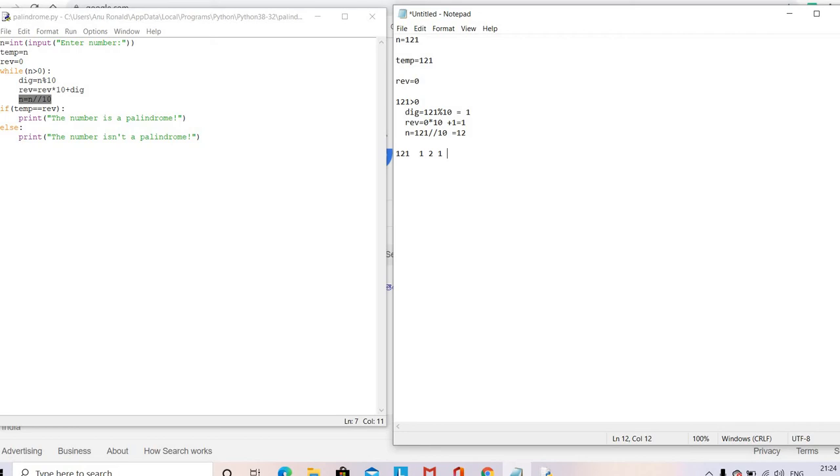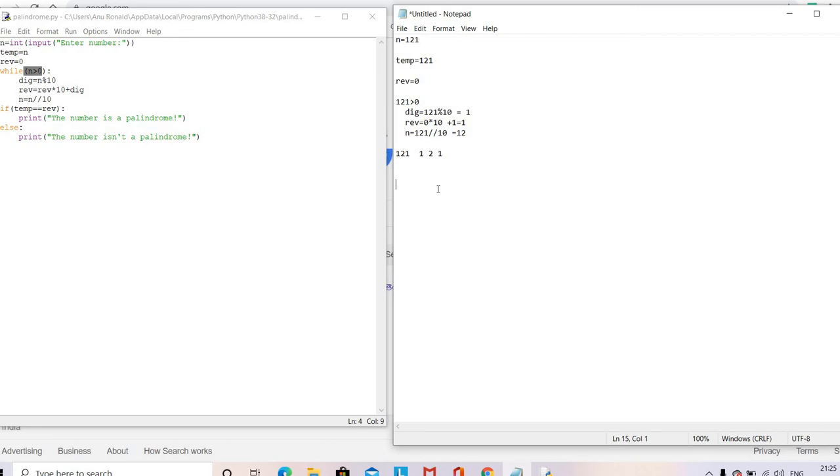So to check that, first we have to separate each digit from the number. So after the first loop, n becomes 12. We continue the while loop till n is greater than 0. N greater than 0 is true.